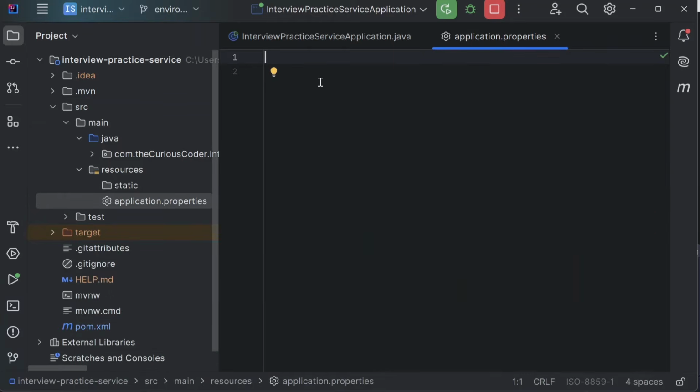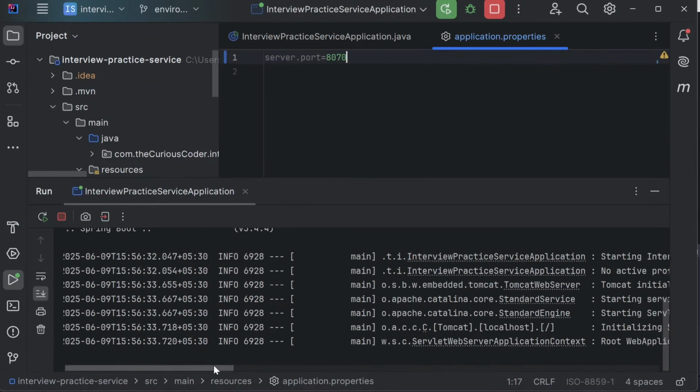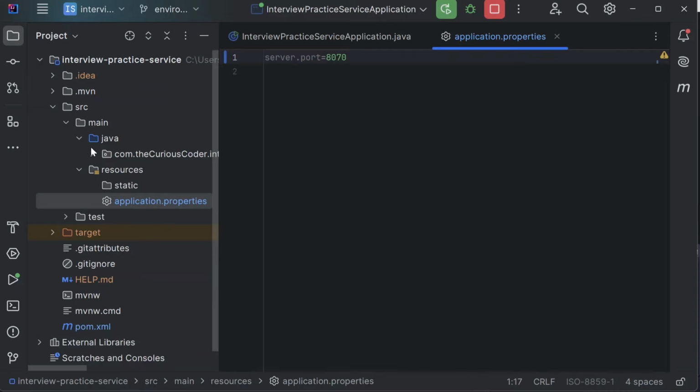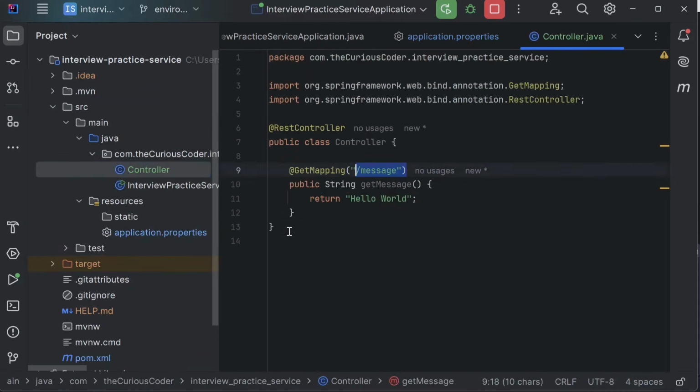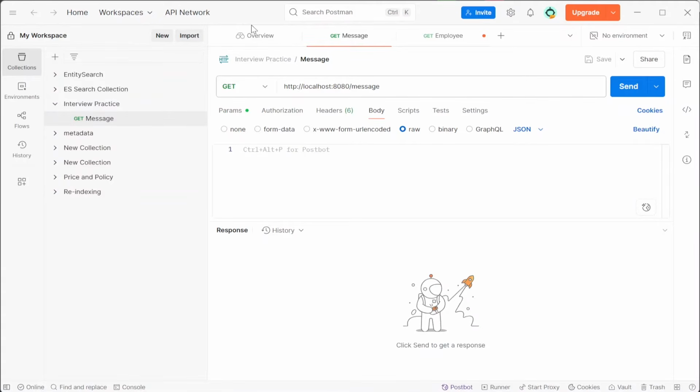But if I define a property here as server.port as 8070 and then I rerun it, great. Now the server started on port 8070. Okay, and I also have created a controller here where I have an API /message. So I can show you this. If I hit this API from 8080,